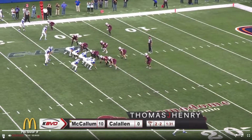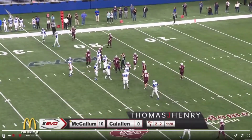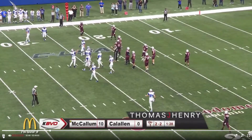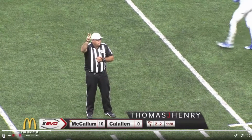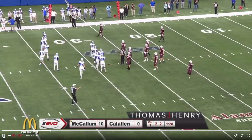Second down and short. See if McCallum takes a shot here, and movement, and that's going to cost McCallum 5 yards. So that'll be second down and 7. Yeah, I believe we're trying to get a head start there. It looks like the right guard moved early. So that's going to take a little bit away with that first down yardage there and put them in a